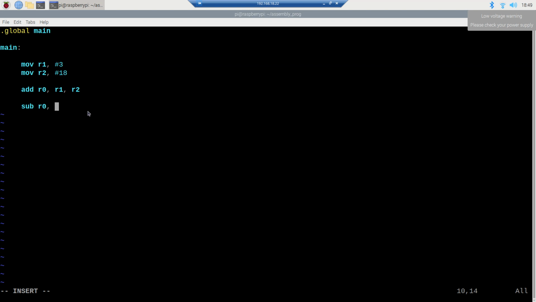So I'll write R2 comma R1. If I wrote R1 here and R2 here, that would mean I want to subtract 18 from 3, which would result in a negative value. But just for the sake of simplicity, we are doing it this way. And then we have the multiplication instruction, so r0 comma r1, sorry, r2,